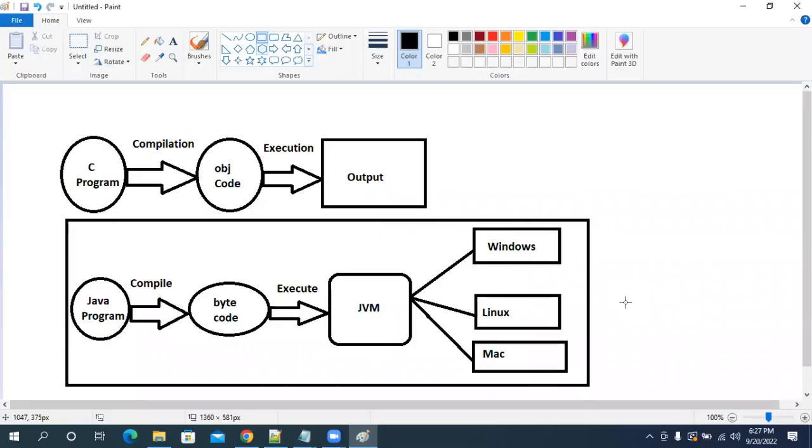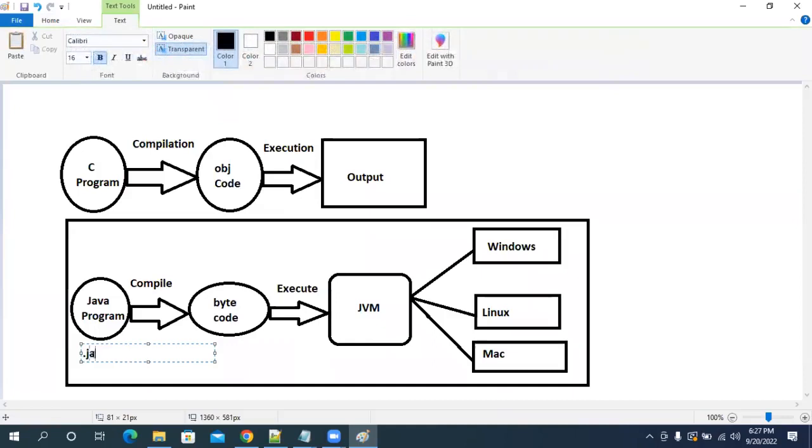You are going to write some Java code. That Java code will be converted into bytecode, right? The process of converting a Java program into bytecode is called compilation.